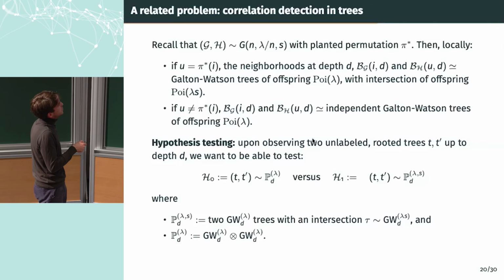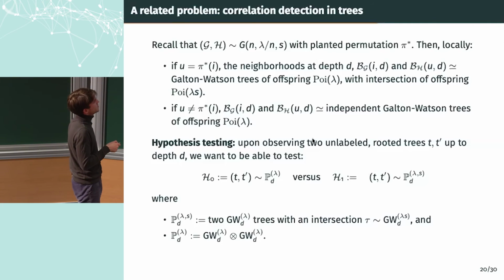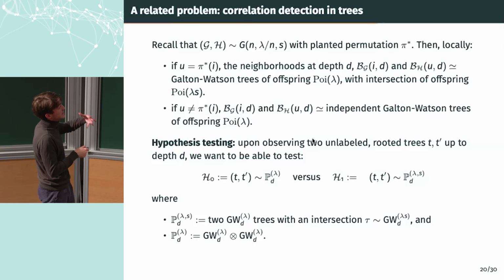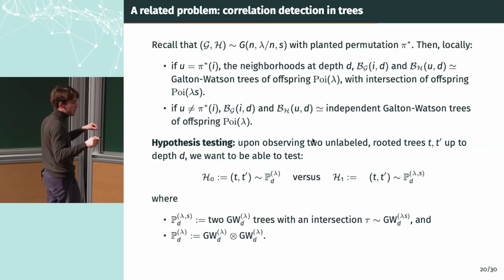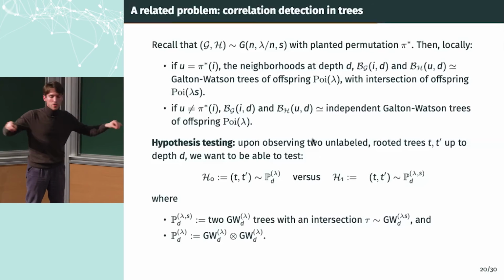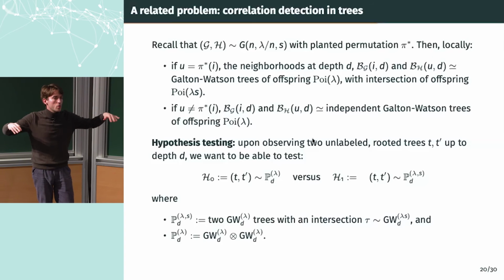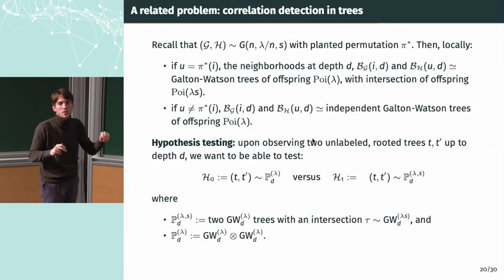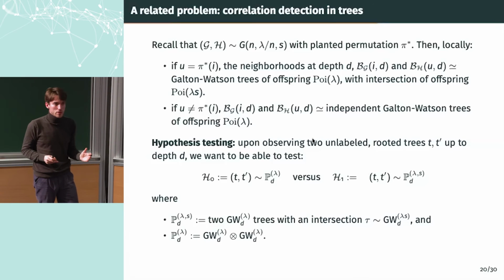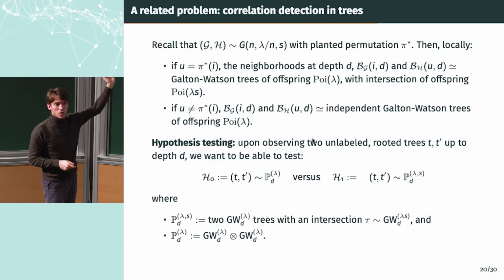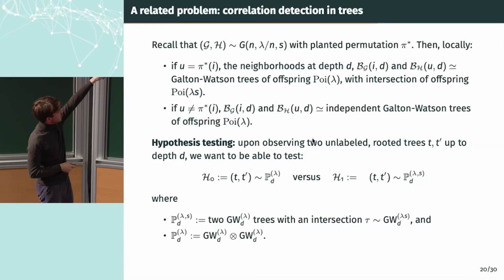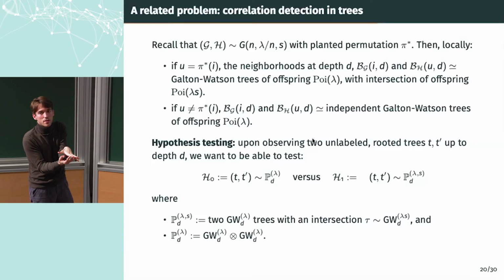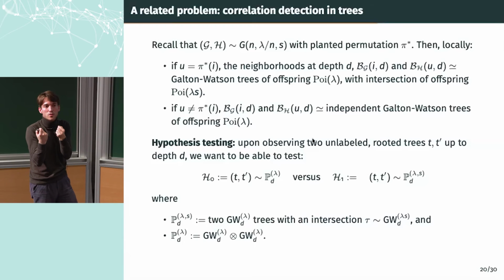Namely, it's actually Galton-Watson trees with Poisson offspring distribution, and they bear this intersection, which carries the signal, when U and I are matched. But when they are not matched, we may think of the trees locally to be more or less independent. If you take two nodes on the graphs that are not matched, you explore locally not too far, then you won't intersect, and you will see, as a first approximation, independent trees. Independent with the same marginal, though. They are all Galton-Watson trees, but in the first case, they carry some intersection. And this is how I can discriminate my two hypotheses.